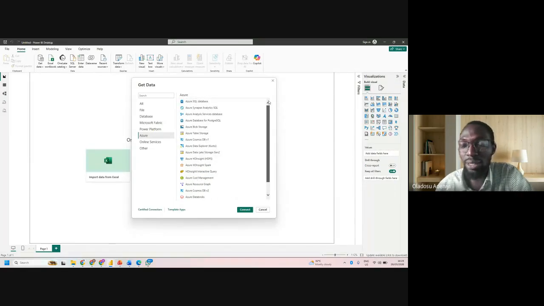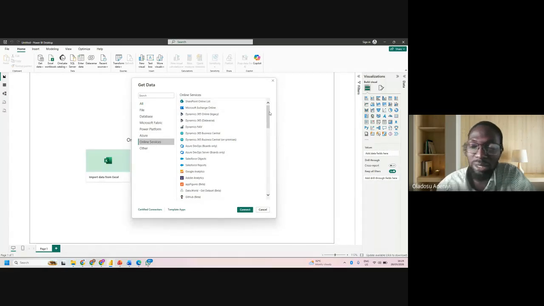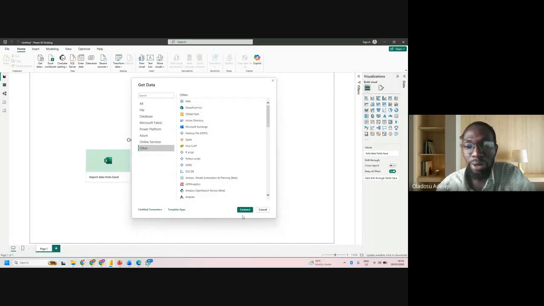So this year we also have a cohort for data engineering, and we are working towards bringing a facilitator that can train on data engineering as well. Likewise, we talked about getting data from online. Online can be Google Drive, Google Analytics, GitHub or SharePoint Online, and from other angles as well, which are web and SharePoint lists.